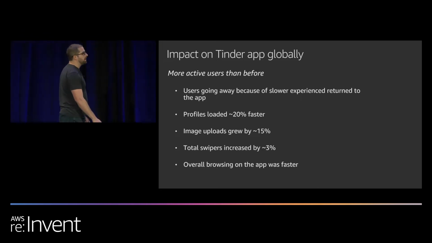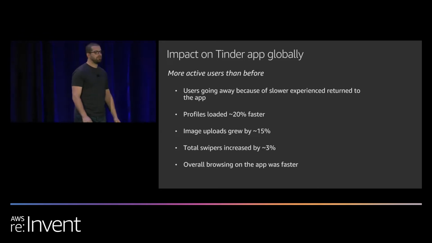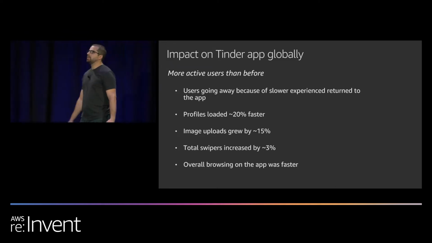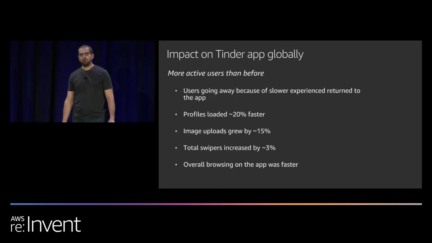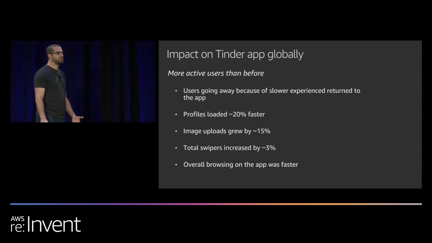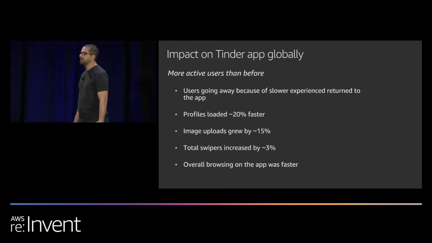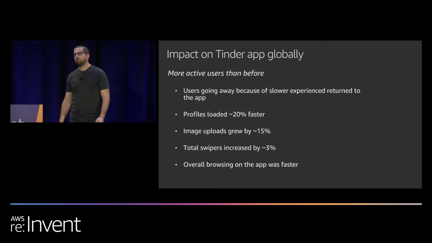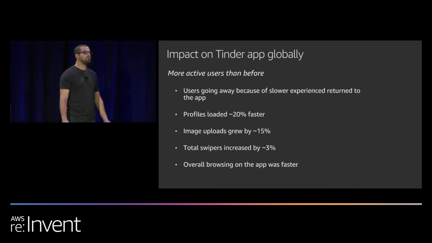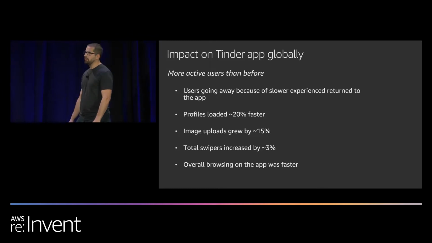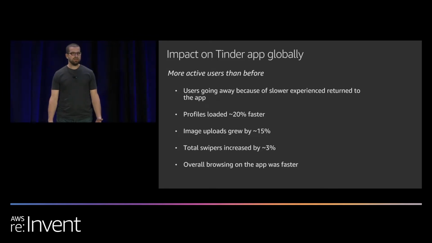And so obviously, again, Tinder engineering feels really good about the results, but what is the actual impact to our customer base? I think the biggest takeaway is that it means more active users than before. As I mentioned before, Tinder operates on its size and scale, which means you get greater choice and access to more potential matches. So naturally, with more customers on the platform, that means potentially more matches for new clients, returning customers, or even existing customers. Users that were going away because of a slower experience return to the application. And of course, the overall experience on the application is improved.